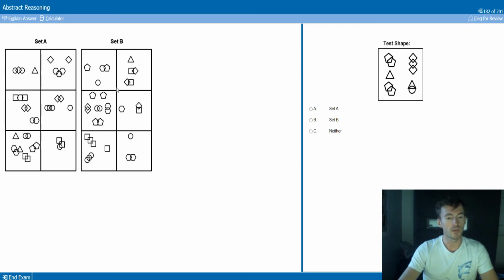That might actually help you find the rule, because typically the rule in set A will be similar in some sort of way to the rule in set B as the ones we were doing before. So comparing the two together is going to help you find the rule. And if you can't find the rule, just move on. You know, this section is incredibly time pressured, as we said, so it's okay to move on